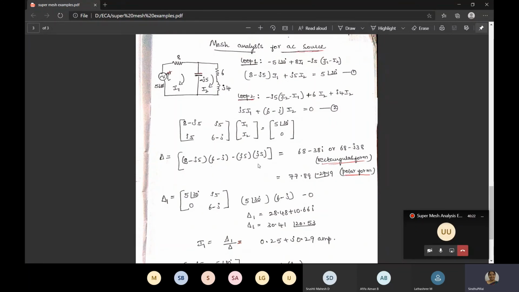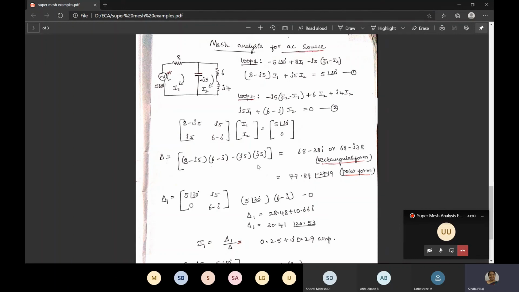Close the bracket. Again open the bracket and write it as 6 minus i. How will you write i? Press the shift and press the engineering button, you will get i. Again close the bracket. Next minus sign. Next is 5i into 5i. So open the bracket, just write 5i. Close the bracket. Again open the bracket, 5i. Close the bracket. So close two brackets here.